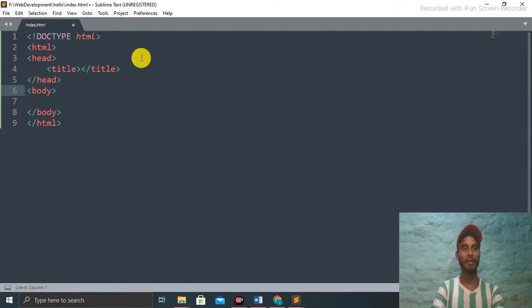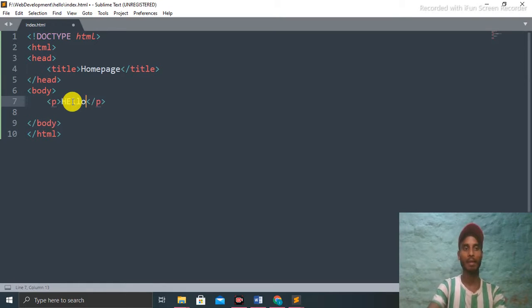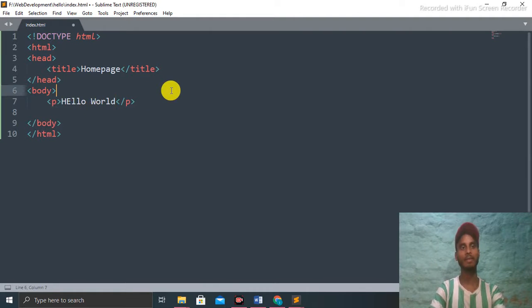Here the title tag is where we can write the title of the web page, like home page. In the body section, you can write a p tag for a paragraph: hello world. This is our first code.